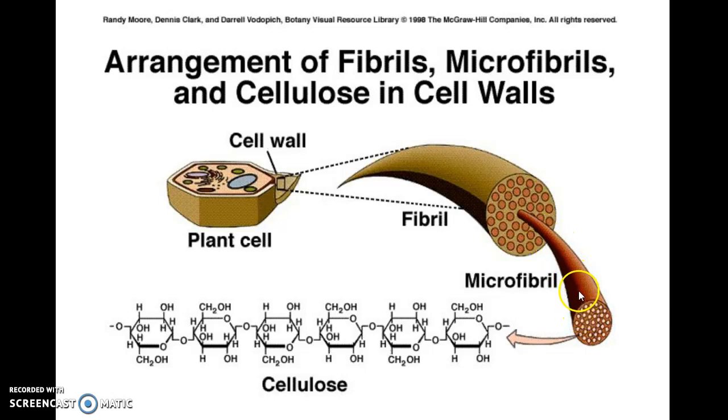be called a microfibril. Don't worry about these names, but the idea is these are many molecules, so now this microfibril has even more molecules of cellulose in it, right? Because each one is many molecules, and then they're joined together in a fibril, which has even more of these microfibrils in there, and that is what makes up the structure of the cell wall of the plant,